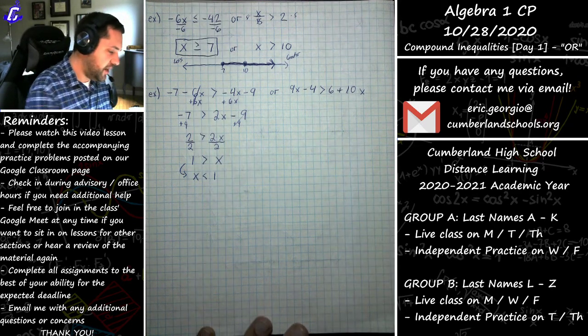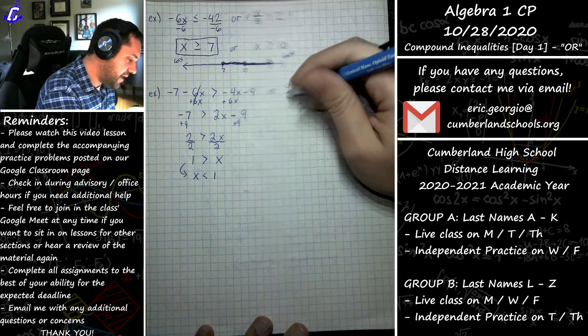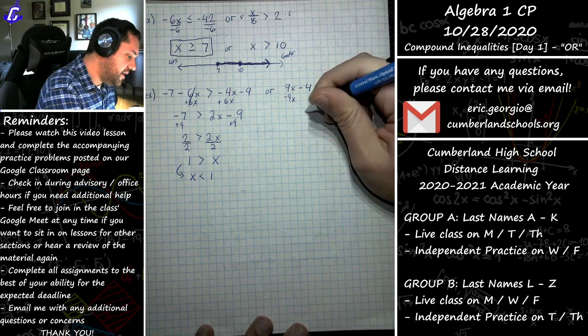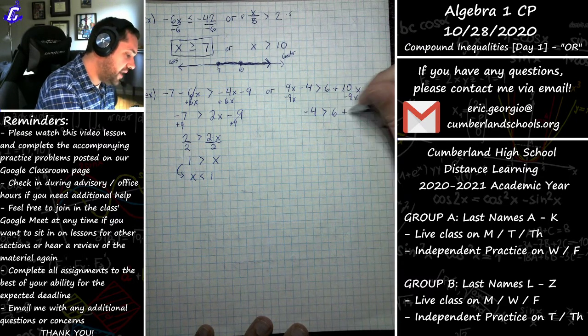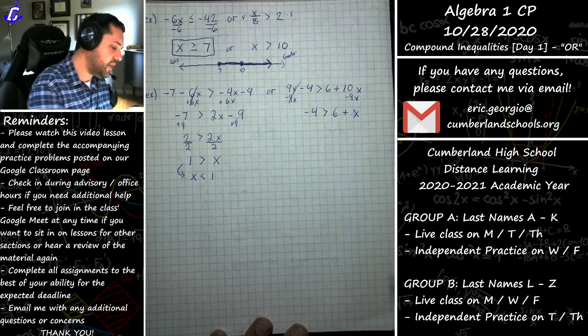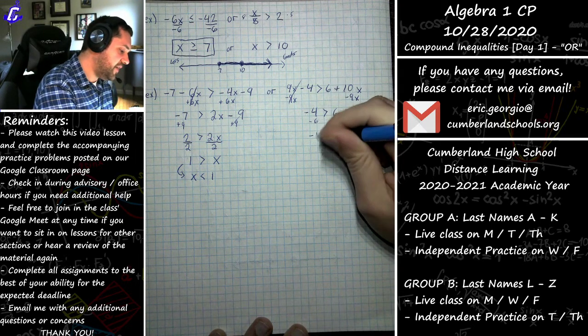Let's try this one as well. First, I'd probably subtract the 9x, right, to keep everything positive. We get negative 4 is greater than 6 plus 1x, right? 10x minus 9x is just 1x left over. Now to get that 1x by itself, I would subtract 6 from both sides, and we get that negative 10